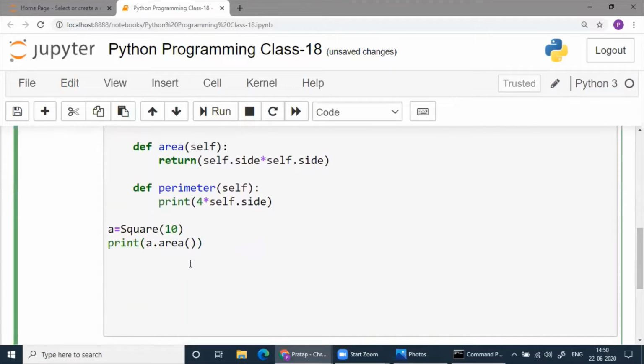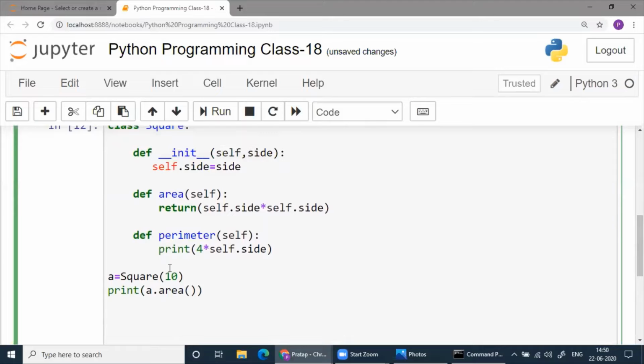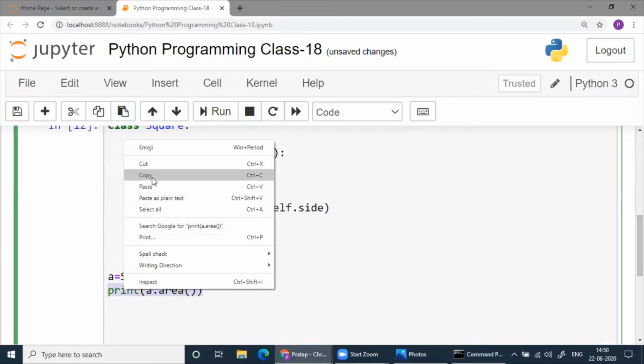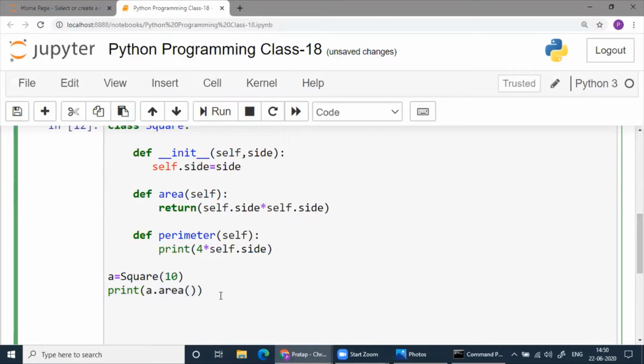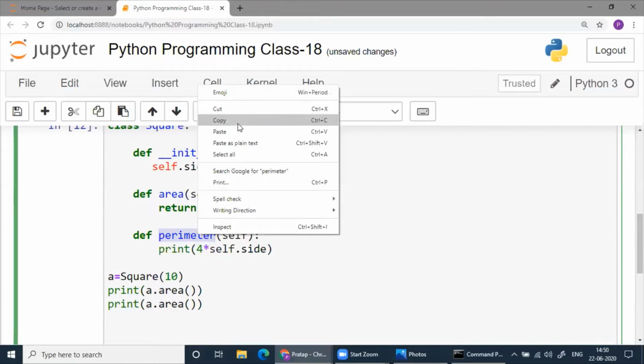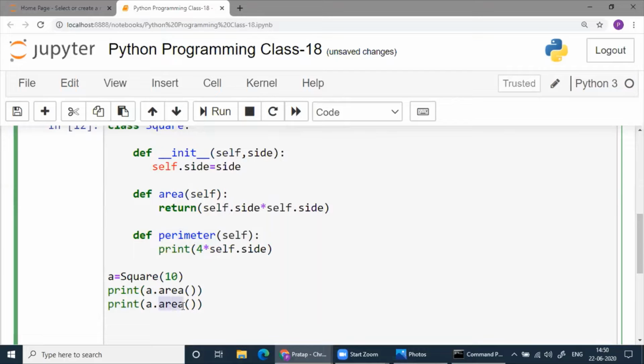Now, this is over. Then if you call the other function, suppose you want to call this function. Let me copy and paste here.